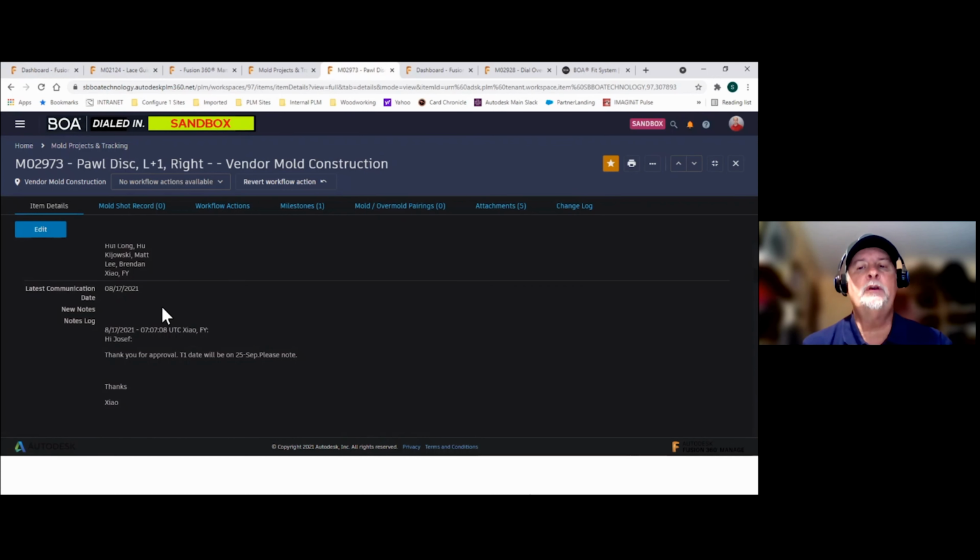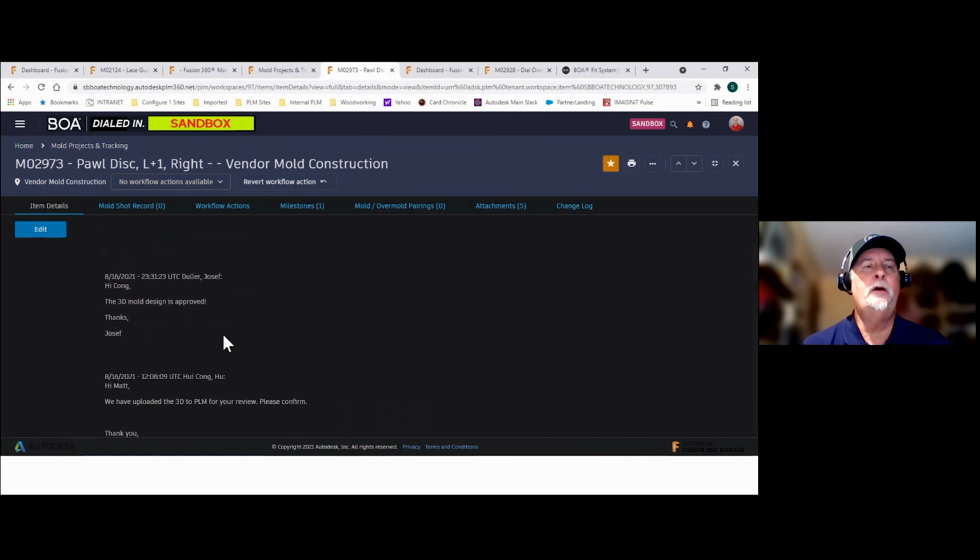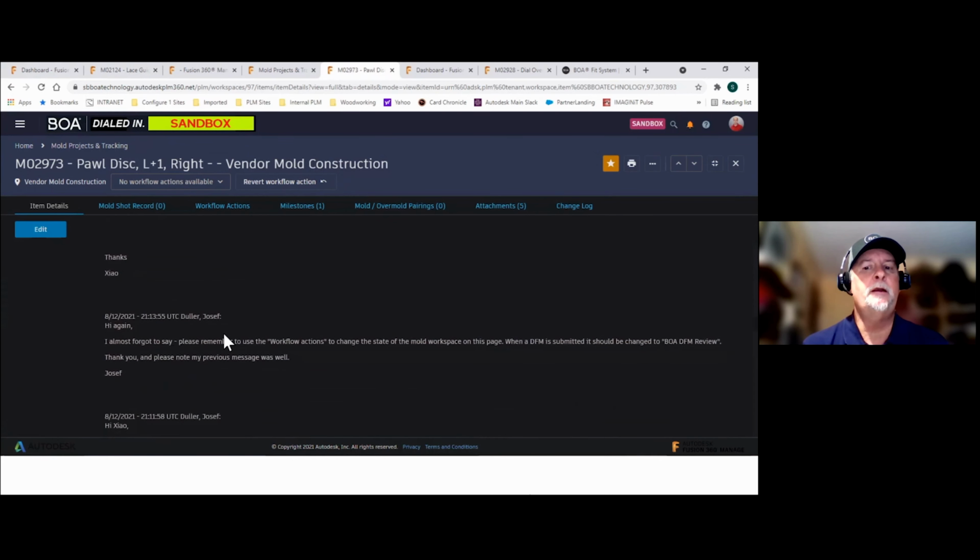In this manner, back and forth communication between project engineers, tooling vendors, BOA planners, and the contract manufacturers is easy and is captured for posterity there in that note log field. So if you scroll, Scott, you'll see all the collaboration specific to this mold has been captured right here.